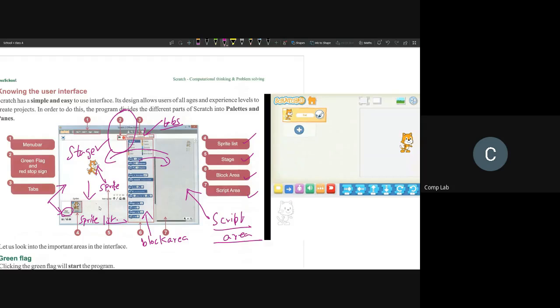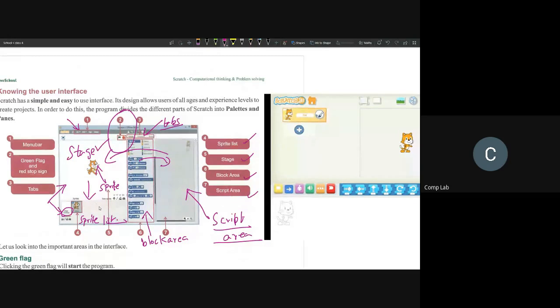While creating games or movies, you can send a signal to the cat to tell it when to start and when to stop certain actions. You can do that by using these signals right here. These are already included in your Scratch. Next, we have our menu bar. This is what we'll be using at the very end of any animation or game.